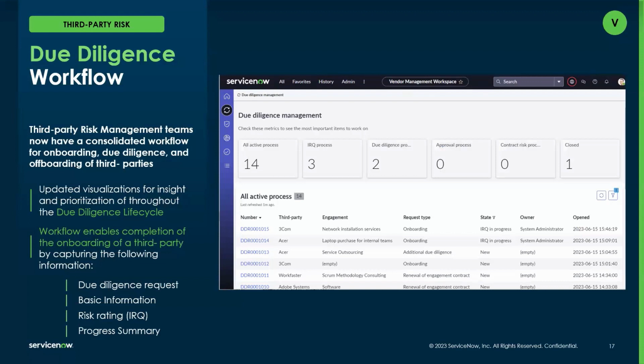So a workflow outlining the activities of ultimately the life cycle of the third party, from initiating, onboarding, or even renewal straight from the employee center, and I'll talk about the employee center in a few slides, to performing that inherent risk questionnaire, so that internal decision around how much risk, controls out of the way, policies out of the way, how much risk is this third party, and then specifically the engagement or the service being provided, how much risk are we taking on internally at the organization?